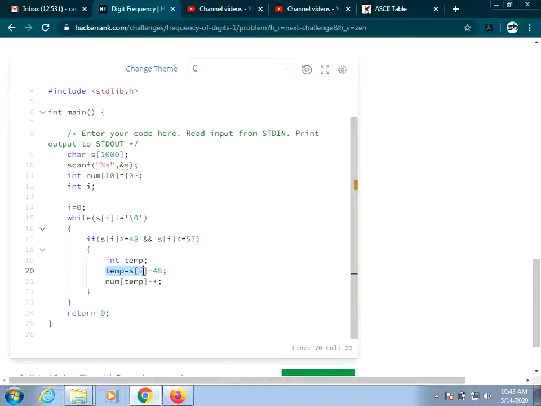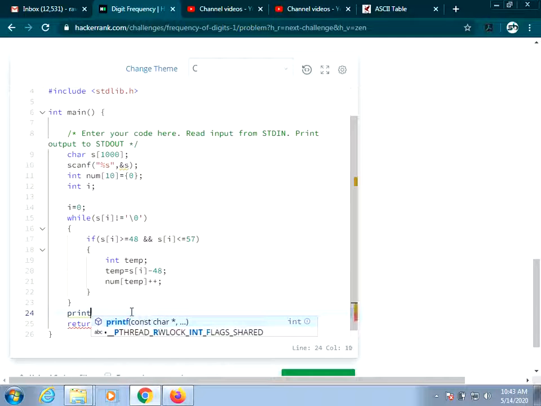This line is used to get your actual number from the ASCII value. This line will be used to increment the frequency values. After incrementing the frequency values, print the array to get all the frequency numbers.